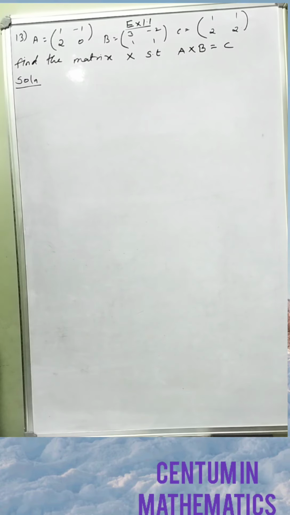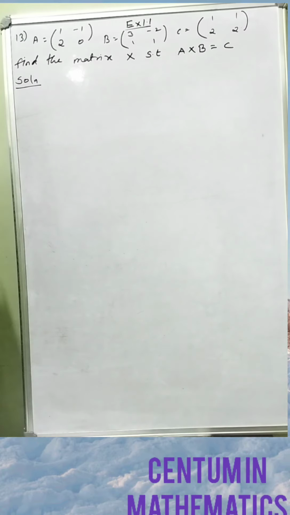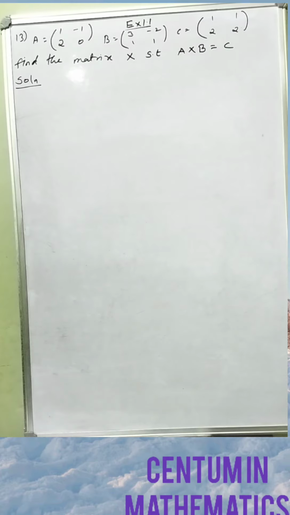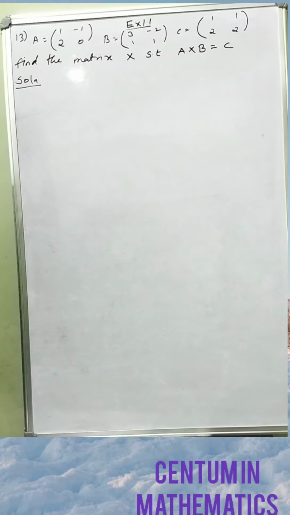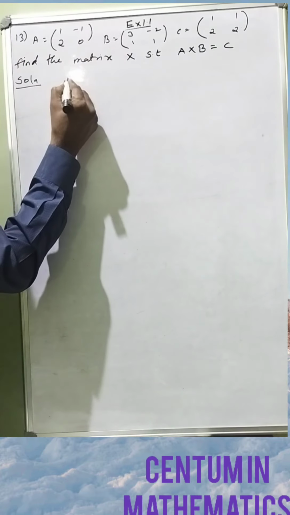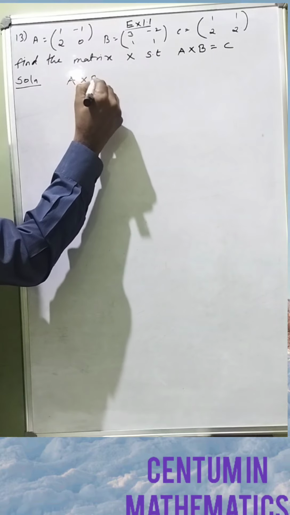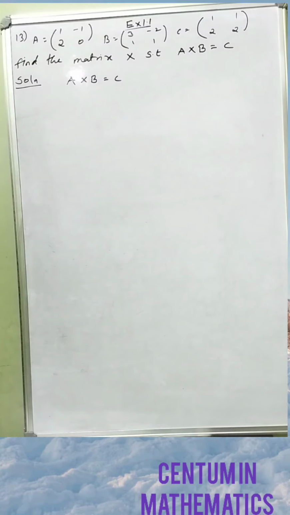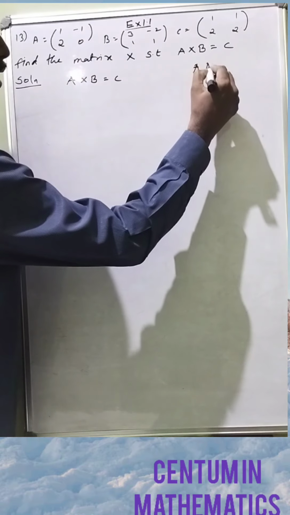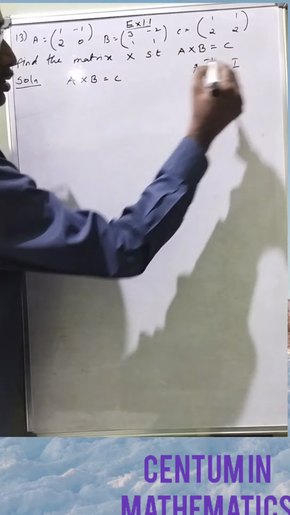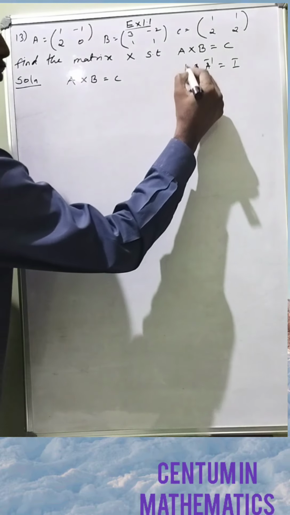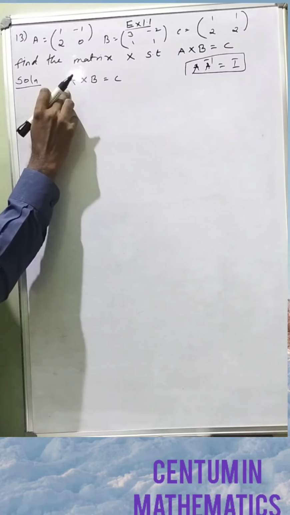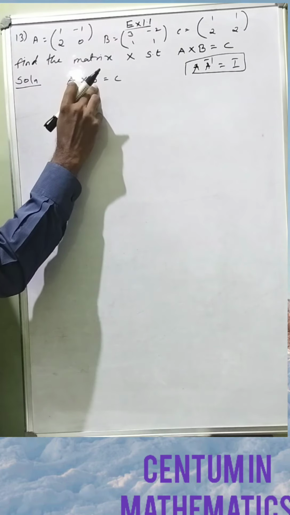1.1 13 sum. That is given A, B, C. 3 matrices are given. Find the matrix X such that we have to find AX B equal to C. Find the value of X matrix. For that, here given that A X B equal to C. Already you know the property A into A inverse equal to I. Okay, multiply A into A inverse equal to I in the matrix, and that idea we have to use here. Okay, so here we have to remove A and here we have to remove B, we get X.